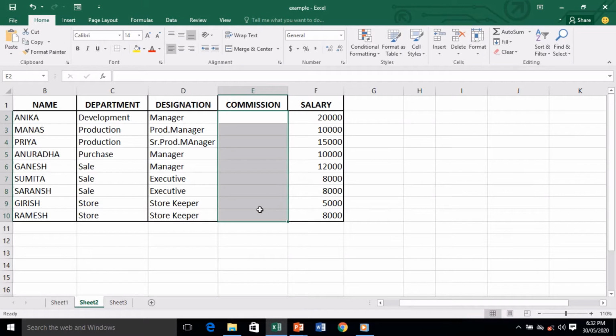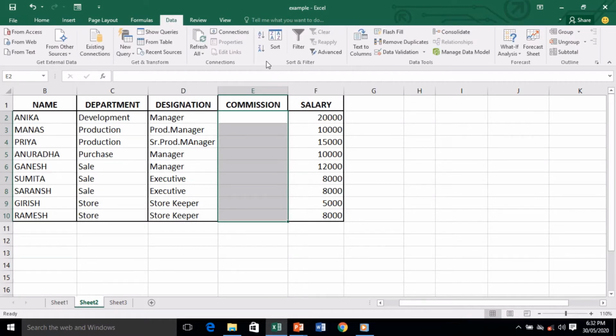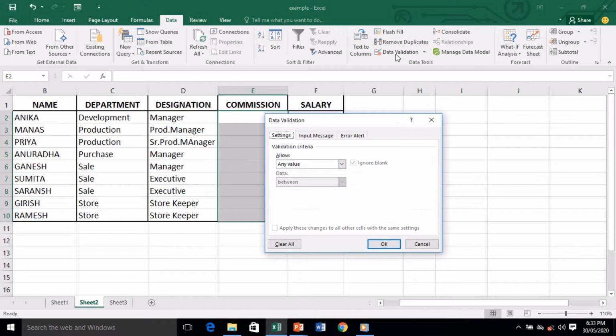After selecting this range, we will go for data tab. So I'll click on data tab. Now from here we will choose data validation. See, in this data tools group we have data validation. So here this box has come in front of us. Settings, we will go for settings first. And here there is an option under the allow. So here we'll click on the drop down box and we will choose whole number. So the whole number, data between.